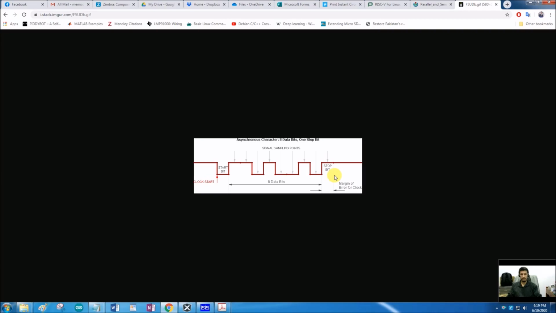So for example, if there is an 8-bit data that needs to be sent from one controller to another controller, there has to be some starting and ending portion of that data, and that portion has to be embedded at the start and end of the data, just like a frame.